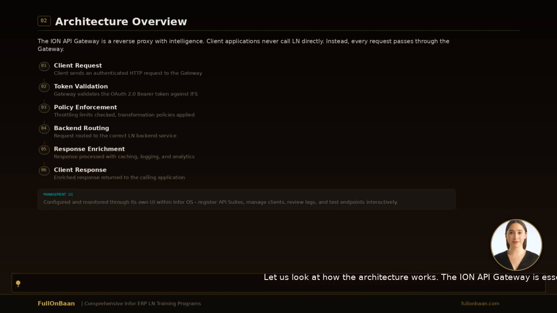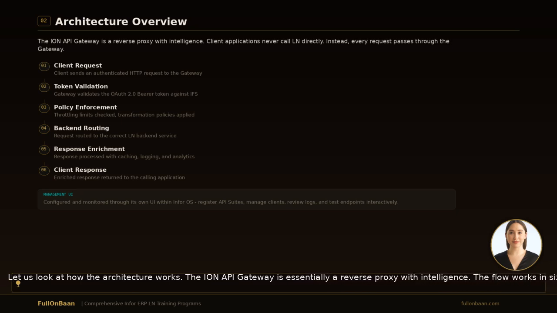The Ion API Gateway is essentially a reverse proxy with intelligence. The flow works in 6 steps. First, the client application sends an authenticated HTTP request to the gateway. Second, the gateway validates the OAuth 2.0 bearer token against the Infor Federation services or IFS.